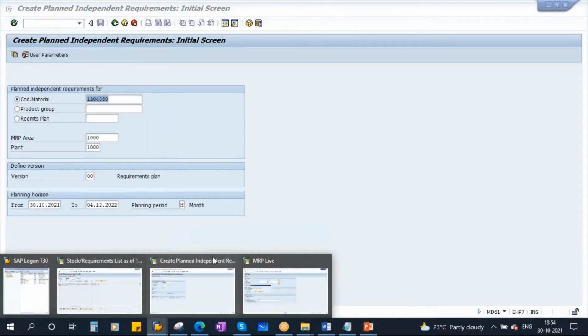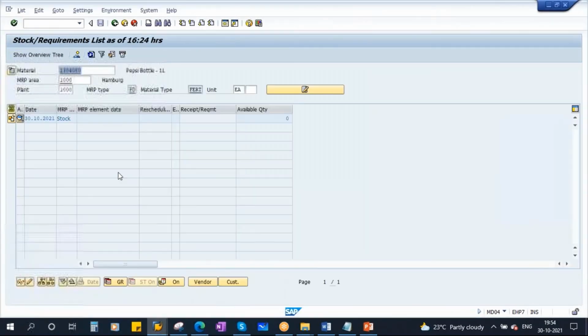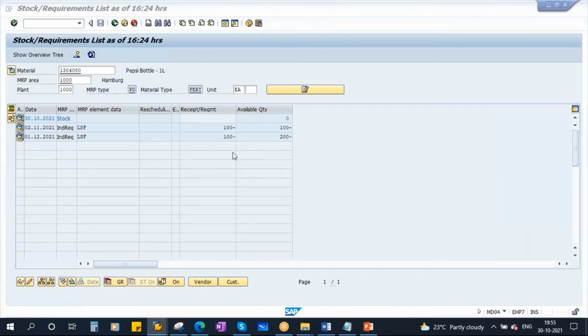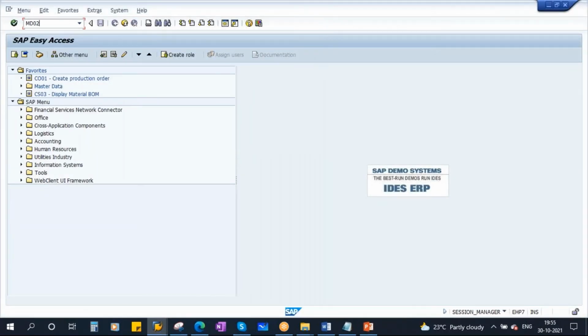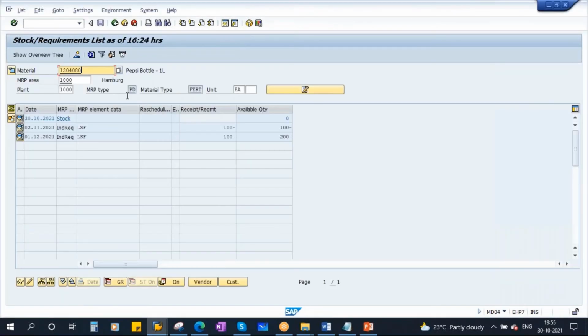Let us log out from this one. If I refresh, you got the two requirements. I'll run MRP, MD02. Now you got the planned orders.